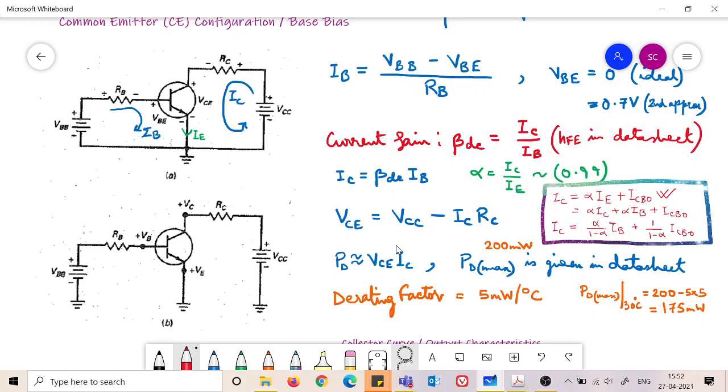You will get some problems, numericals to solve for your own understanding, and you will also get an idea of the range of RB and RC, which I have forgotten the exact range, but you can get it in the book. In the exact problem these values will be given to you, but for your own conceptual understanding you should have an idea of what is the range of RB and RC.